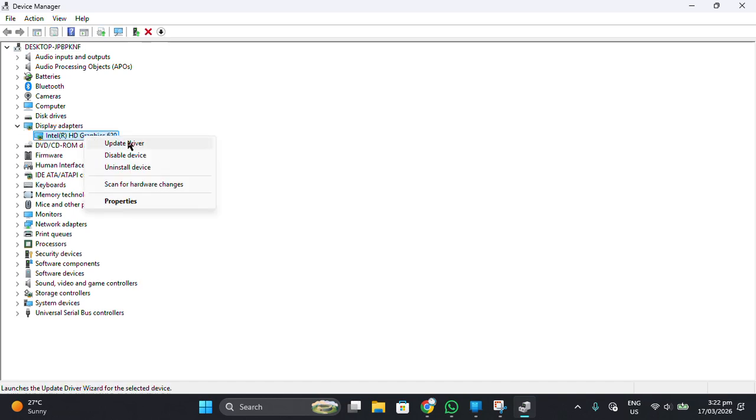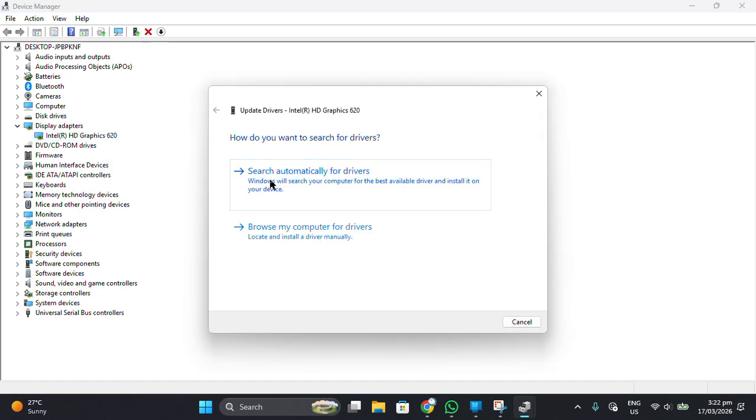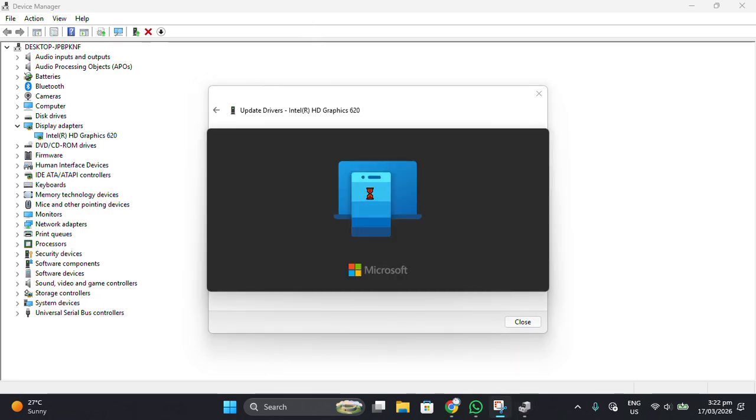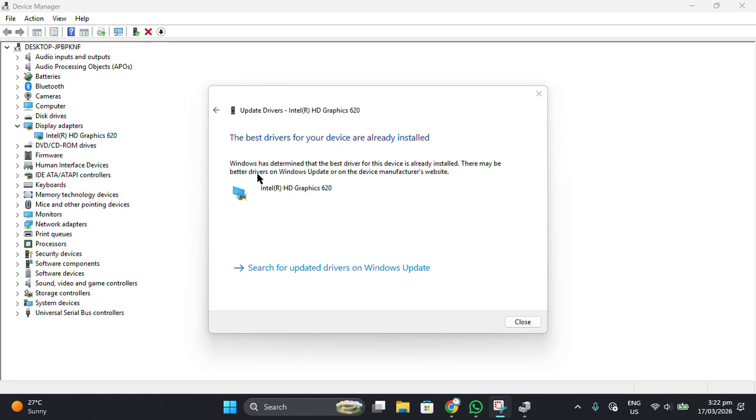Right click on it and click on update driver. Then click on search automatically for drivers. So it will check if there is any pending update available for your graphic card drivers, or you can also click on this search for updated